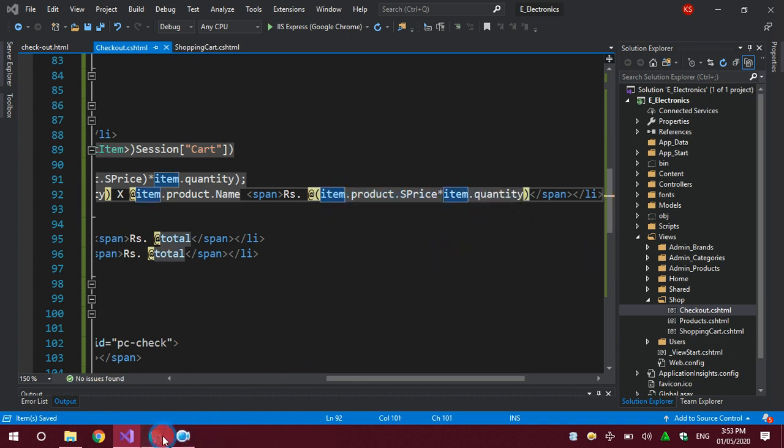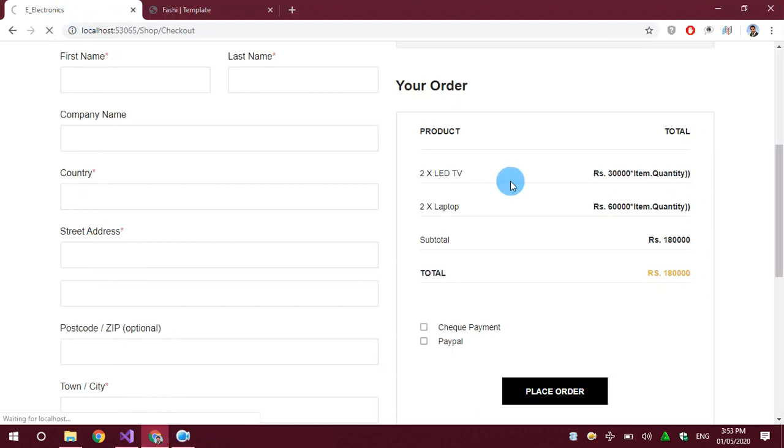There is a syntax error. Okay, done. 2x LED TVs for 60,000, 2x laptops for 120,000, subtotal is 180,000, and all is good.